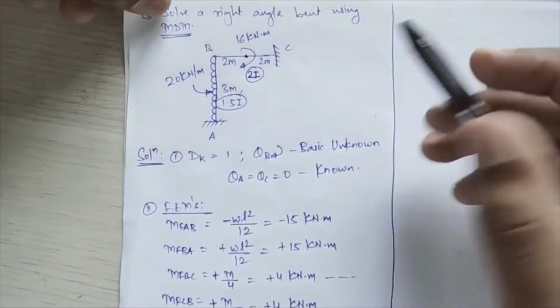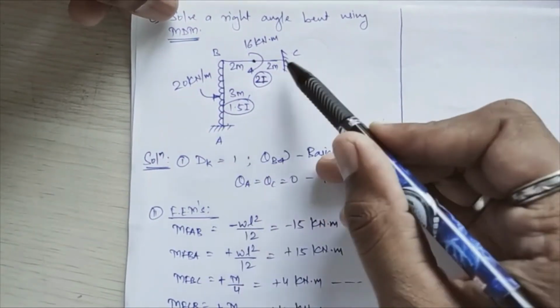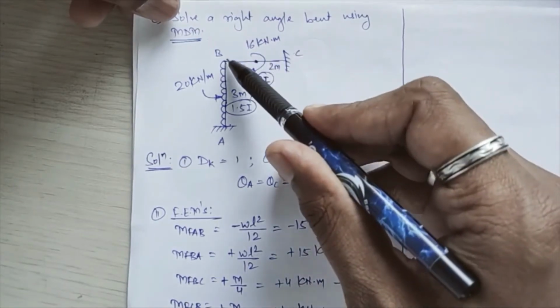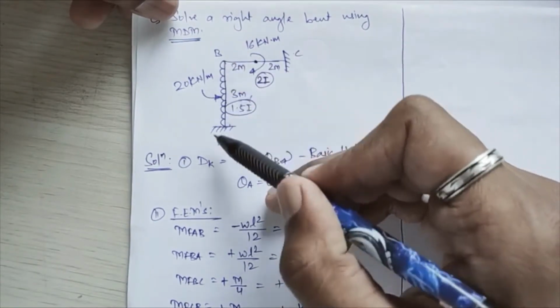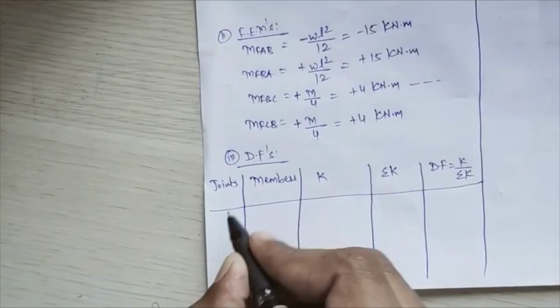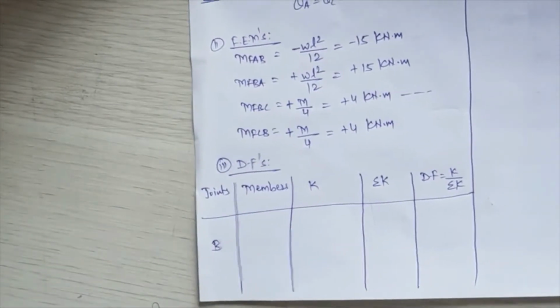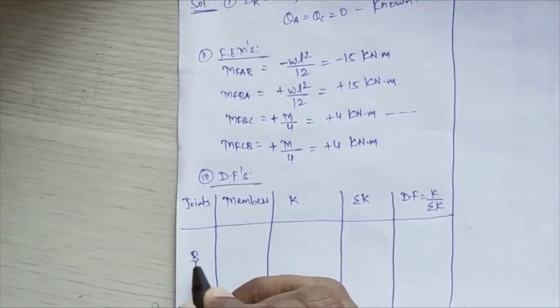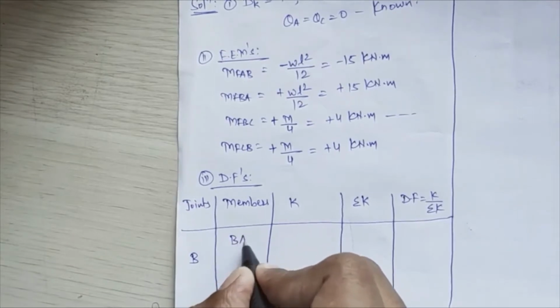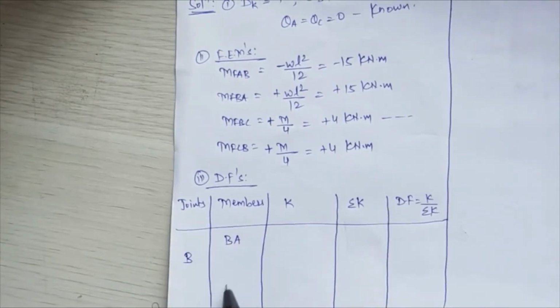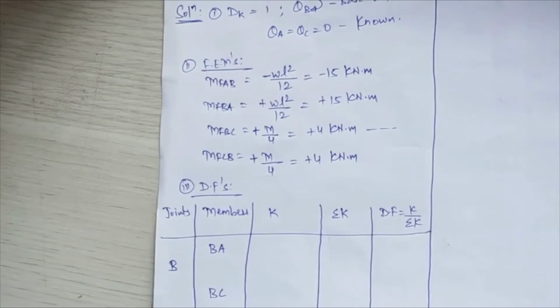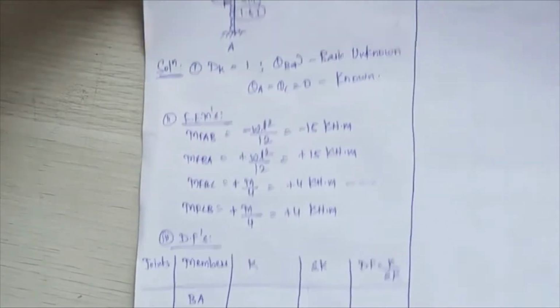So if you see, such joints: A is your single jointed member, C is also your single jointed member. Just at joint B you are having two members, that is BA and BC. So only one joint I am having here which has two or more members. So the joint is B and the members meeting are BA and BC over there. Now we check the capability of supports over there.